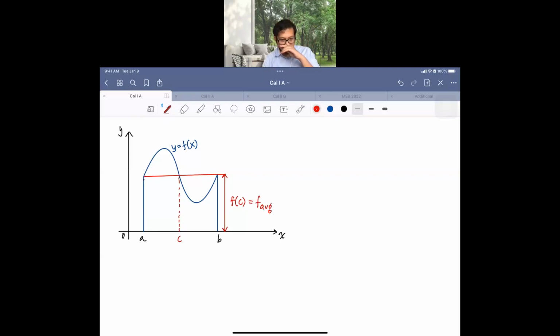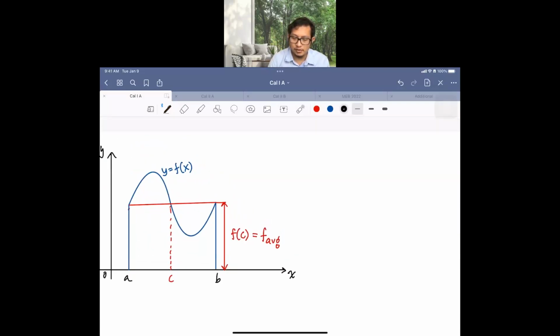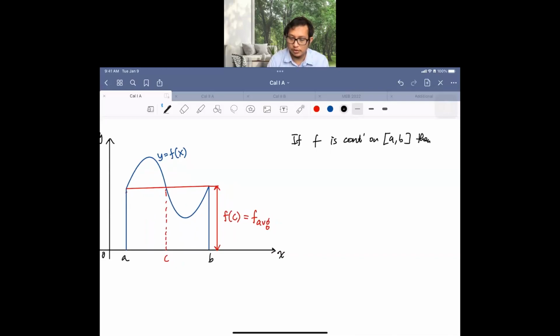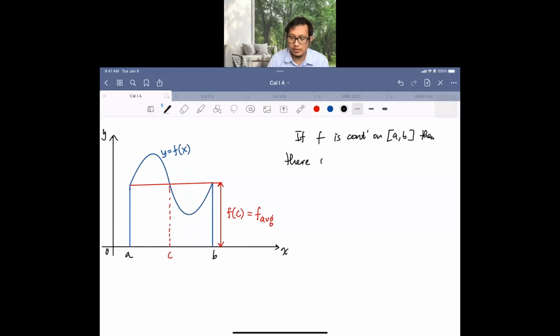So what we could say about this average value is that if the function is continuous on the interval [a, b], then there is a number, which we write as c, that is in (a, b),